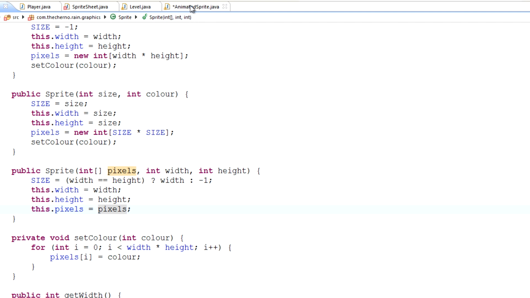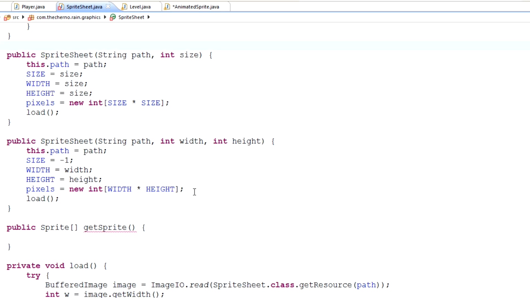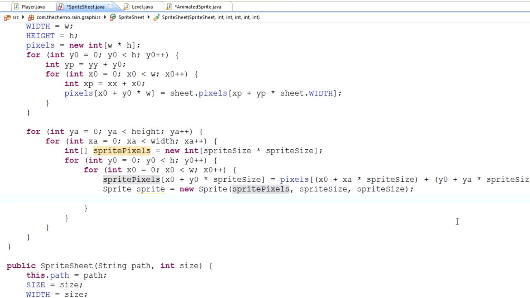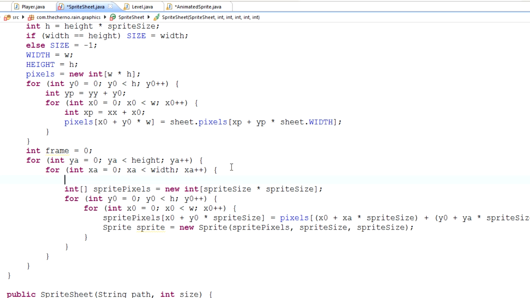So yeah, okay, cool. So back to, no, hang on, back to sprite sheet for a minute. Where are we? Oh, getSprites. Okay, cool. So now that we've made this sprite, we need to actually add it into our pixels. Let's see. We need to add it at the end here. So we need to first of all keep track of which frame we're adding. So we'll make int frame equals 0. Every time we iterate a frame, we'll add 1 to frame. And then at the very end of these two loops, we need to go ahead and